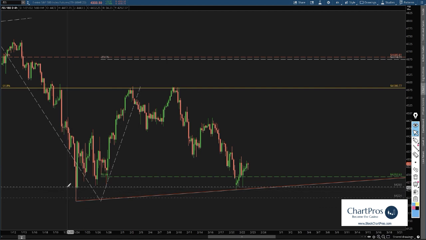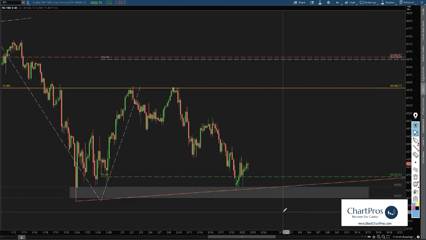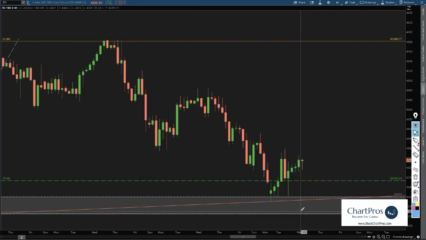Right here. That's held, and what I have experienced in my trading career is levels hold until they don't. Okay, and so price could hold here and go back up, or like we said,